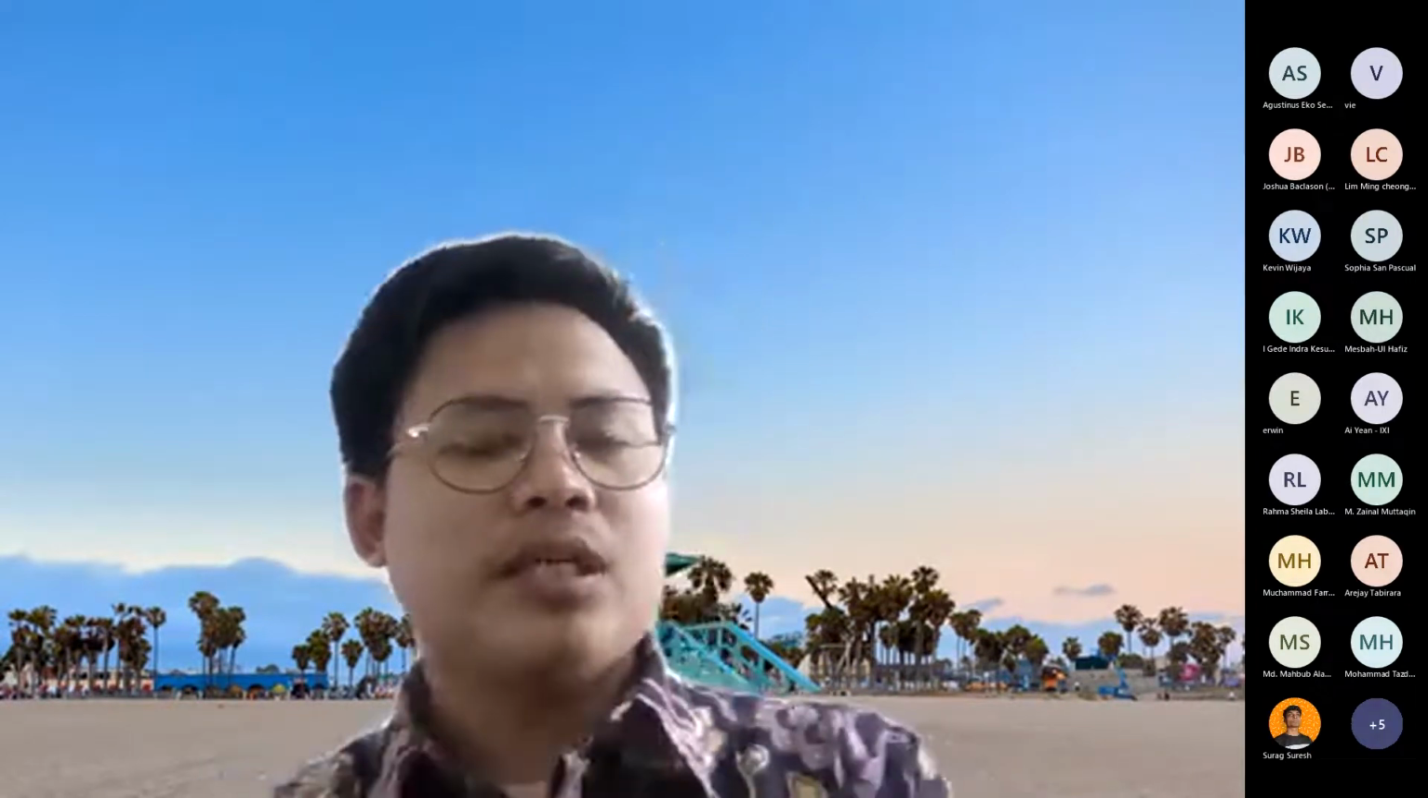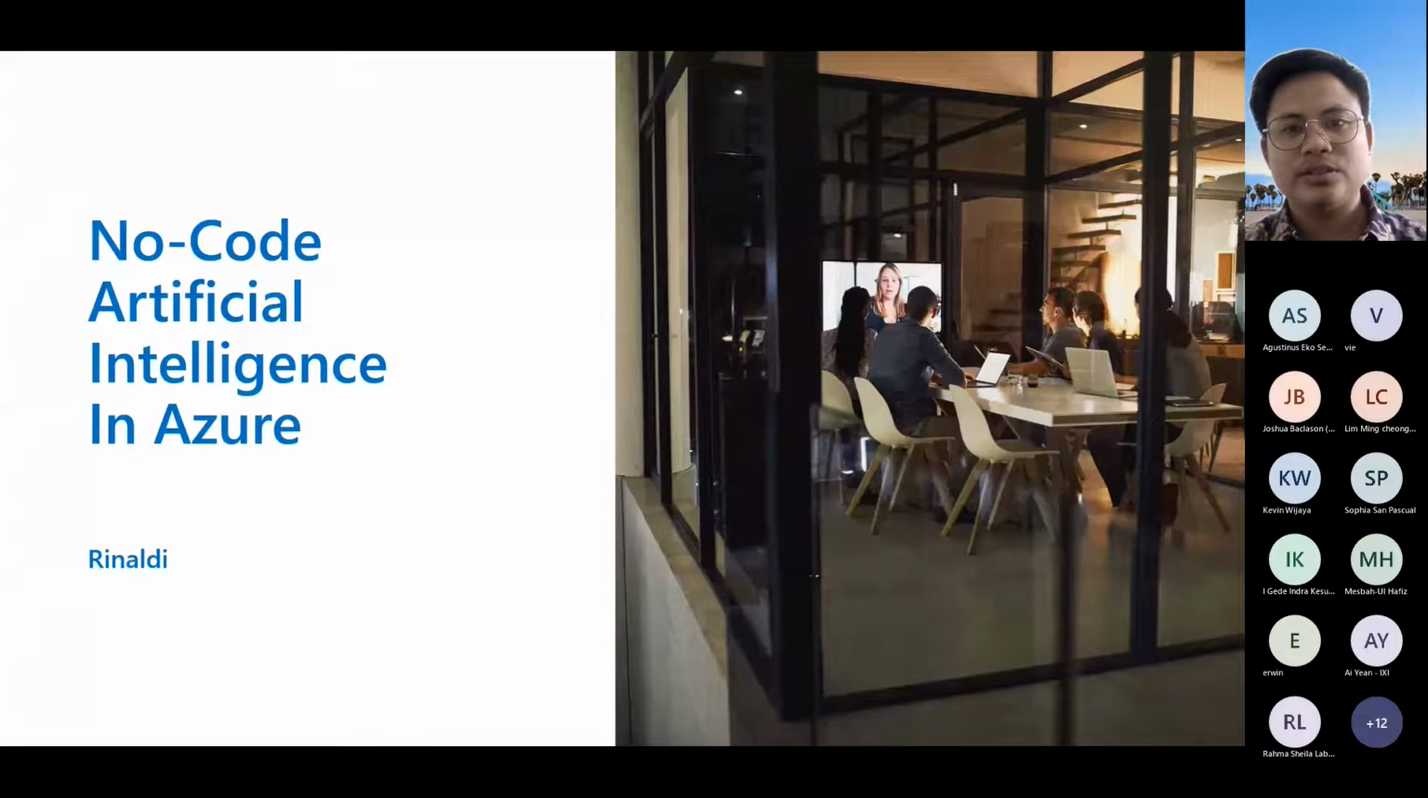Okay, our material is no-code artificial intelligence in Azure. In Azure, we can use cloud computing, data engineering, and also artificial intelligence. So in this section, we will use Azure for artificial intelligence, but with no code. Maybe you can use low-code development, or you can use no-code development in